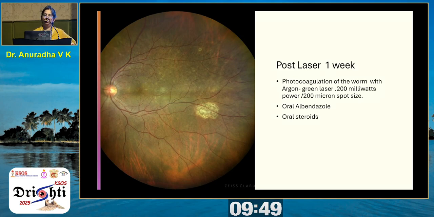Now, parasitic infections causing inflammation are difficult to pick up for multiple reasons. One is that other than DUSN, they may not present with a specific pattern, so it might look like intermediate uveitis or anterior uveitis. And the worm is very difficult to locate. You may not always find the worm. But it's important that you do gonioscopy, that you check the anterior vitreous space, and do a thorough examination of the fundus. I find that looking where the active lesions are, you have better chances of picking it up.